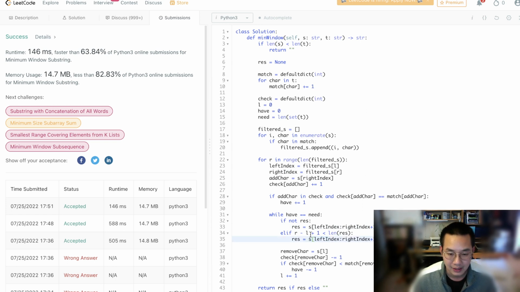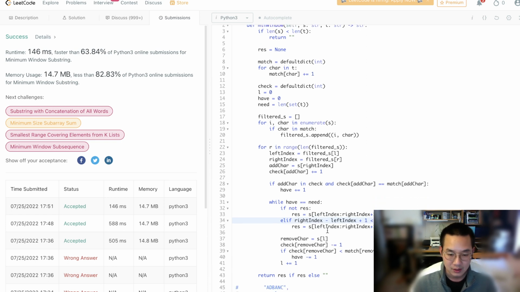Right minus left. No, that's wrong. We need our right index minus left index because left is only a pointer to a pointer. So that's what I mean. It's a little bit odd. So S of L, well, that basically means left index. And we're going to remove that. Character,